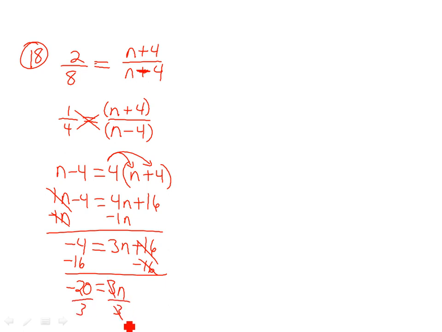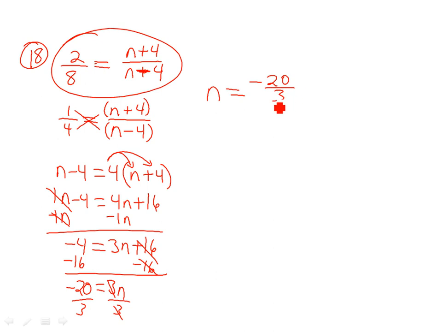So 3 won't go into 20 though. Is that all right? Not in 3rd grade anymore, right? Everybody's in high school now. So can you come up with answers that aren't going to come out all nice and even? Yeah. Now, this is what I would not do. Are we dealing with fractions? Everything's in fractions, right? When you're doing proportions. Unless you start with decimals, which some of them do, like number 3 and number 6 and number 9, number 12, they have decimals in them. I would leave my answer as a fraction. So n equals, will that reduce any? No, so I just leave it,